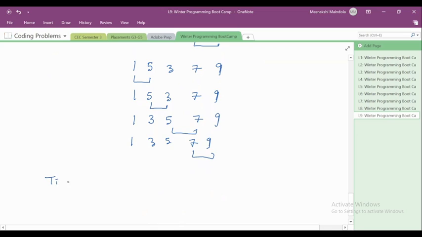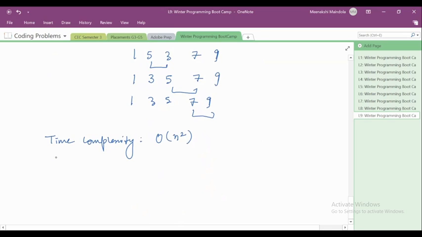Now you know that, in case of time complexity, since you have two loops and you are going to start from the beginning of the array and go towards the end of the array, and you do that two times, in the outer loop first and then in the inner loop, then you say that my time complexity is going to be order of n square. And since you can already see that you do not require any extra space, you say that the space complexity here in this case is going to be order of